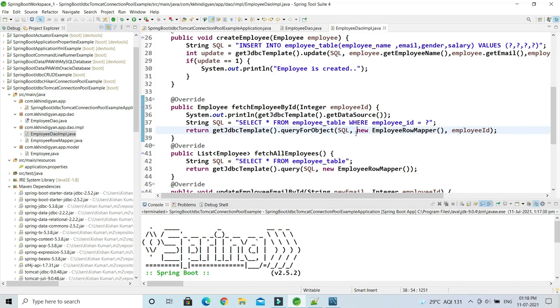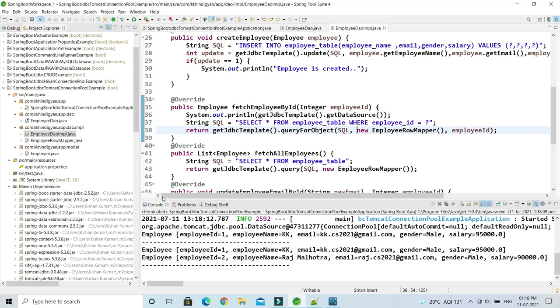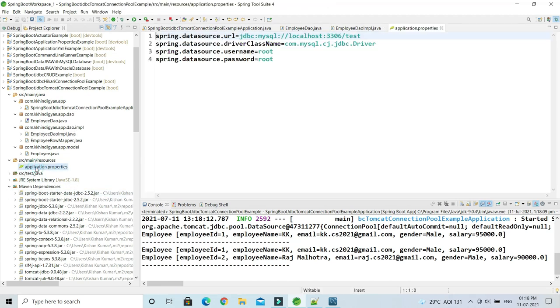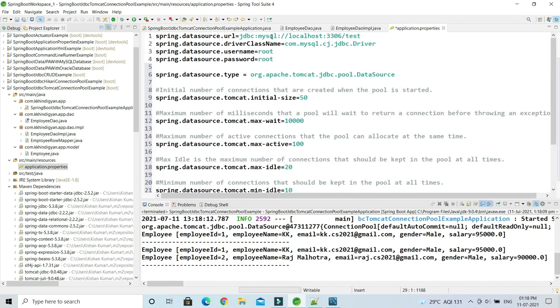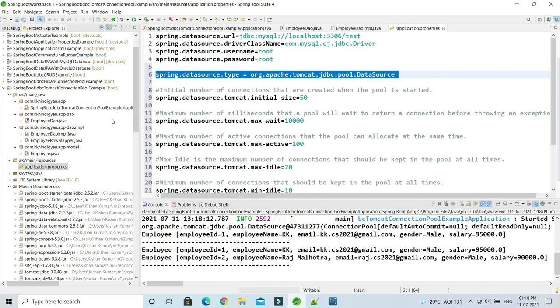But how do we tweak these parameters? You have to go to the application.properties file, and here I'm going to add these properties. Once you add the Tomcat connection pool dependency on the class path, Spring Boot clearly understands it has to use a Tomcat connection pool.